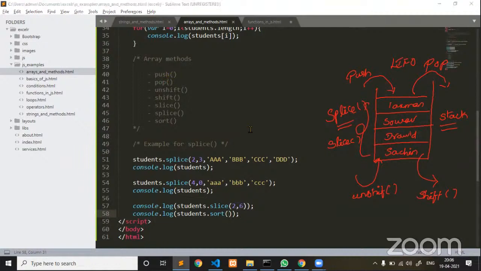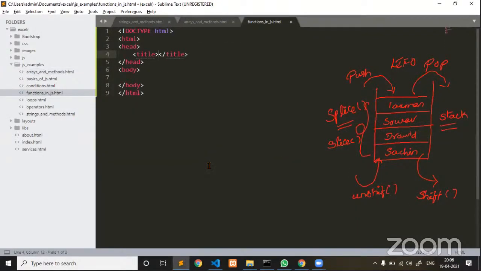Next, my dear friends, I would like to explain how we are going to create custom functions. Sometimes JavaScript gives a bunch of functions, but those are not fulfilling our need. If you want to create our own function to implement a different sort of functionality in our web page, that is where functions come into the picture. How are we going to build functions? Guys, it is very simple. Like other programming languages, in JavaScript also, functions can be created by using the function keyword. First, let me give a definition of what a function is.